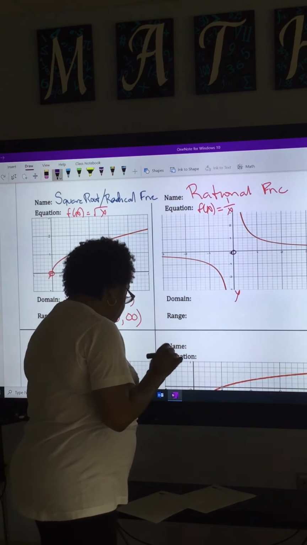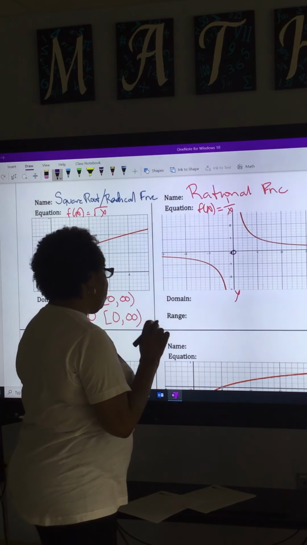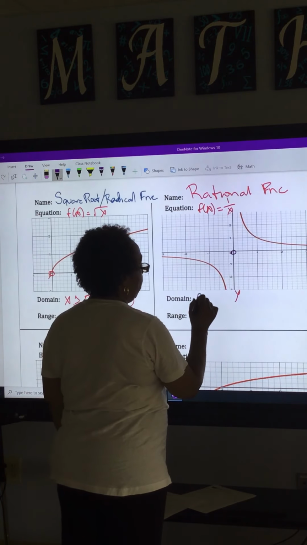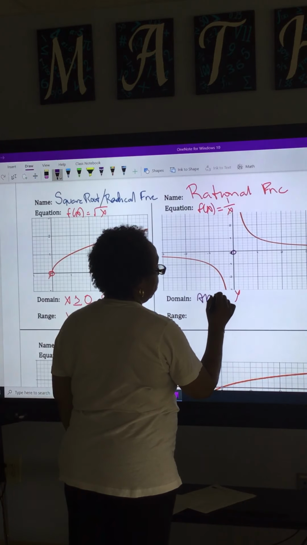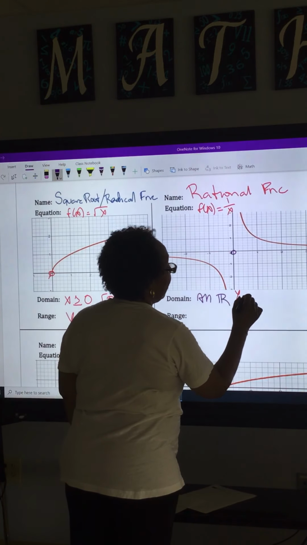So when we write the domain, we'll say all real numbers except,